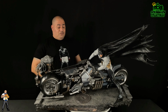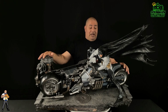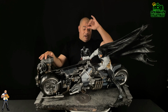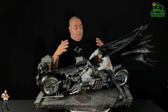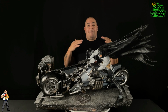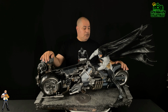It's insane. So, my thoughts, right to the point. I've never seen a Batman statue like this ever. Whether you start collecting today, tomorrow, or whatever, online, custom, whatever, I've never seen anything like this. This is, to me, by far the best Batman statue. My opinion, guys. The best Batman statue out. If you can get this, if you are a Batman fan, a Batman collector, DC collector, I think that